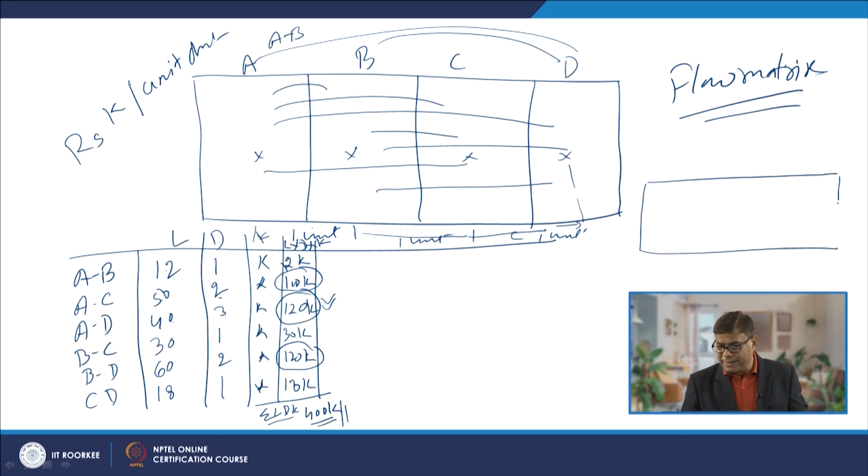the layout is redesigned in such a way that first of all we have the B work facilities, then we have the D work facilities. So B and D, which were causing the 120 K cost on account of the movement, have been brought close to each other. And then D and A were also not adjacent centers and causing the high cost of 120. So it has been brought next to the D, and thereafter we will have the C work center.